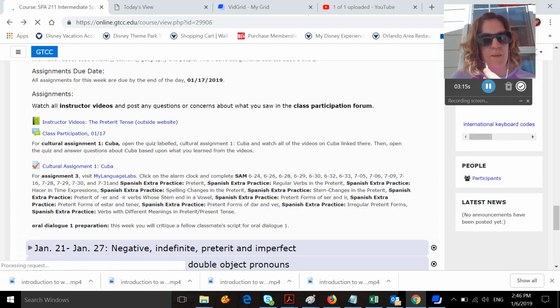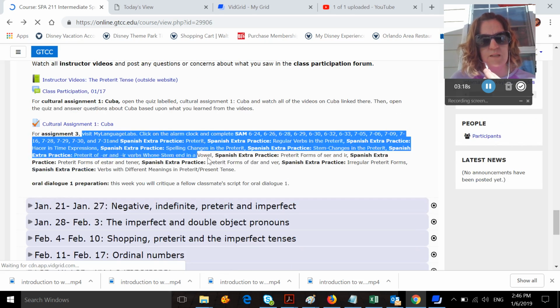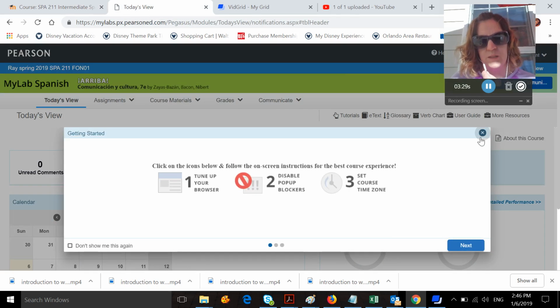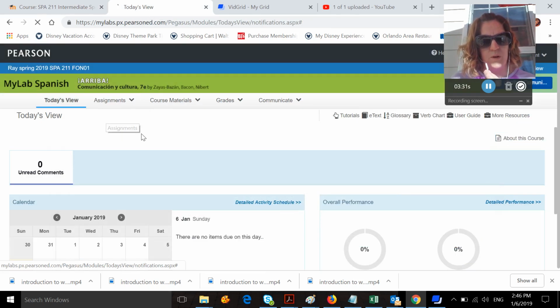And then you have some My Language Lab activities. Some of these are extra practice and some of them are SAM activities. It doesn't matter if it's extra practice, they're still assigned. Anything that's on the calendar is assigned. So you would click into My Language Labs. Again, you would go to the course calendar